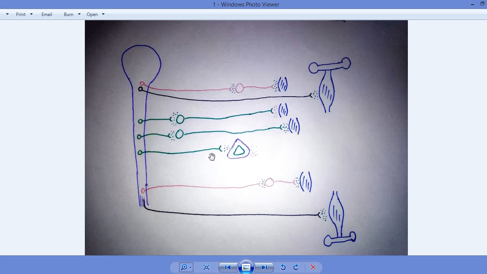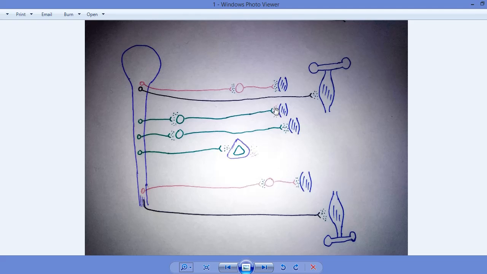This is also a neuron of the sympathetic nervous system. This will also secrete acetylcholine. This is a preganglionic neuron. So all the preganglionic neurons of the sympathetic nervous system will secrete what? Acetylcholine. But the postganglionic neuron of the sympathetic nervous system with the smooth muscle will secrete noradrenaline over here,